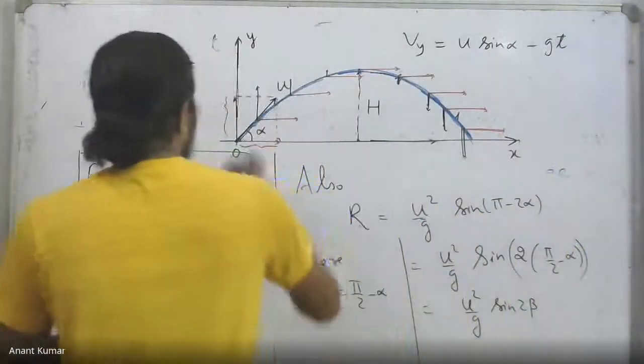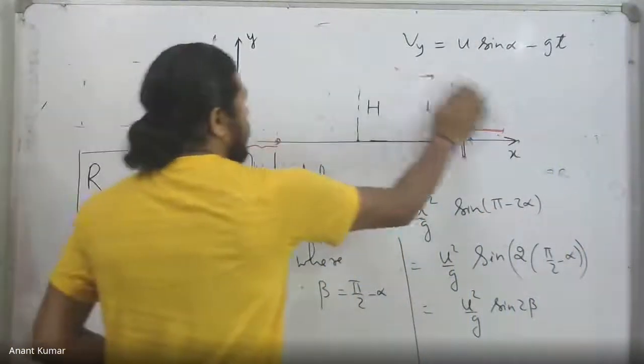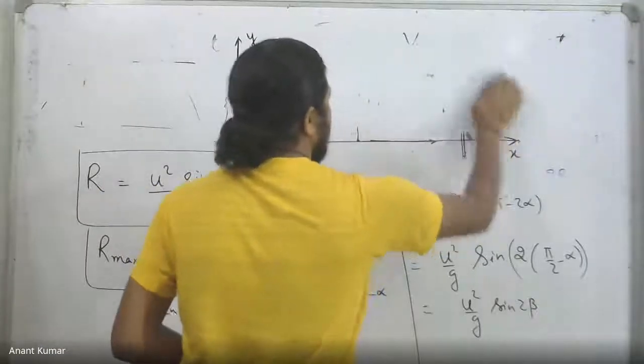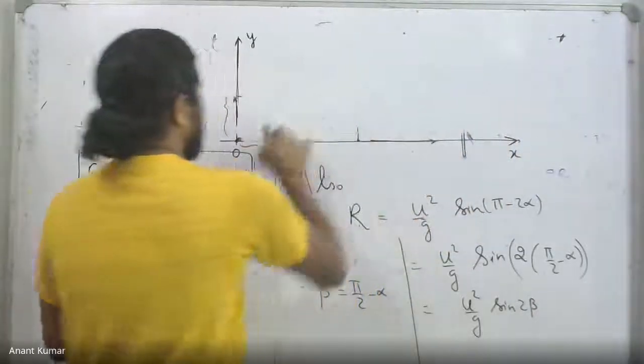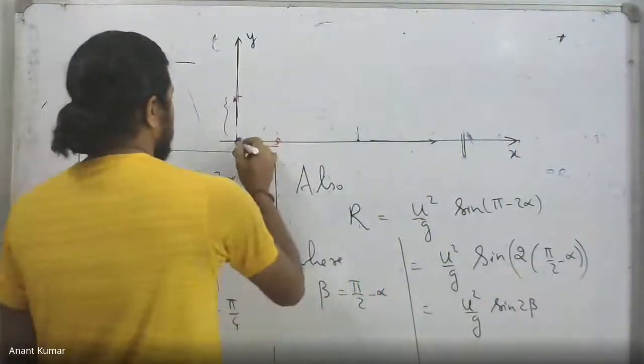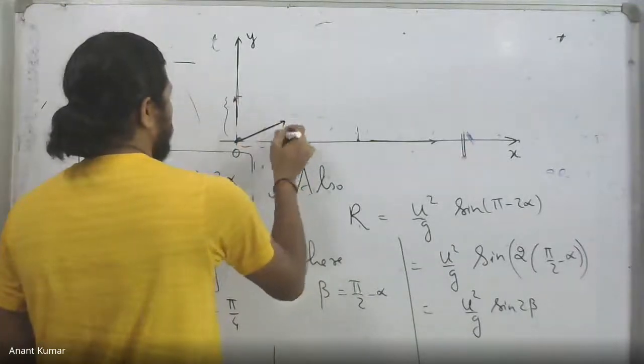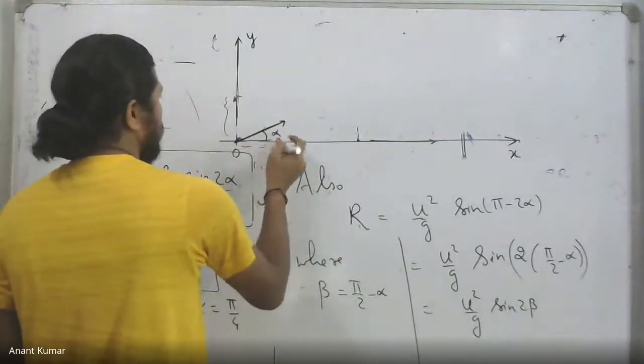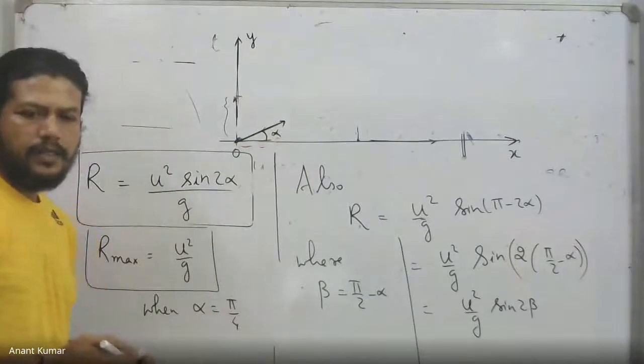So for example, if I throw at an angle alpha with respect to the horizontal, say for example, which is this one, alpha with respect to horizontal, and I throw another particle